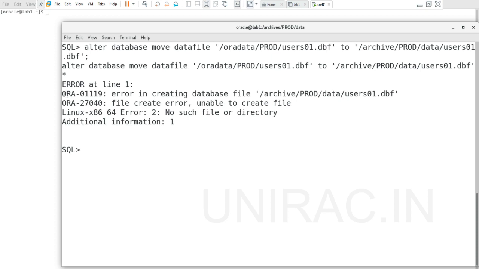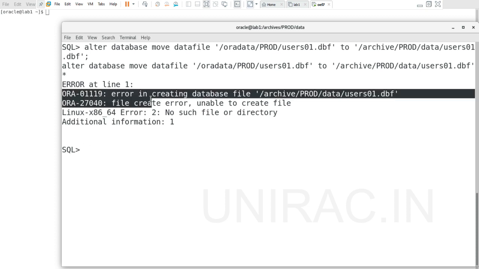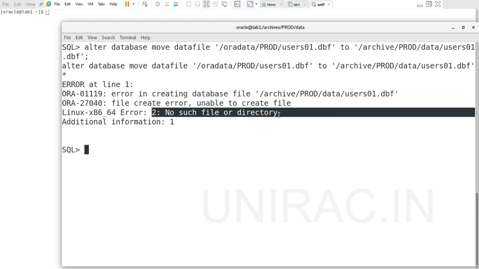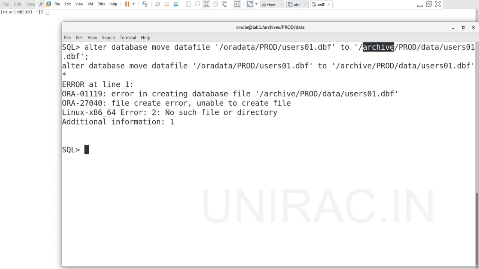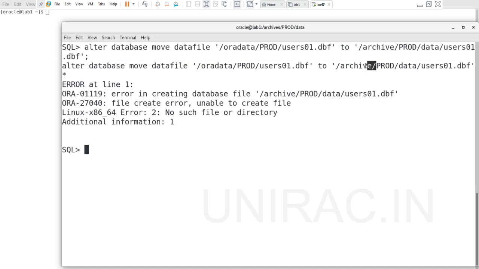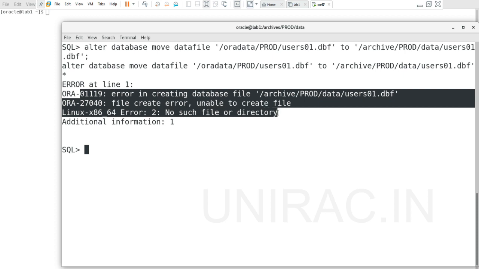You can see an ORA-01119 error. What is the error? Unable to create file, no such file or directory. This is a common error. We should verify the path. It's actually archives, but I have given archive. In these situations we need to check twice, because if we miss even an s, it will pop up an error.